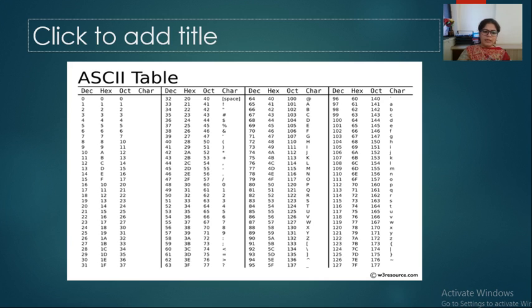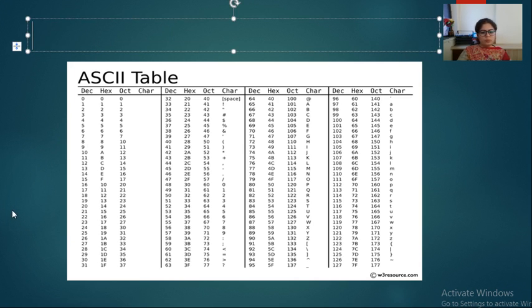So this is the ASCII table. You don't have to remember this table. I have taken this as an example just to make it clear to you how we can represent every decimal number in ASCII code. For example, look at this. This is small a, and the ASCII value of small a is 97. So the ASCII value of lowercase a is 97.